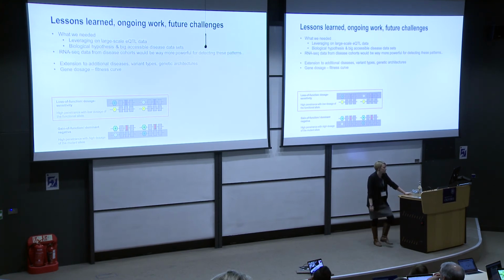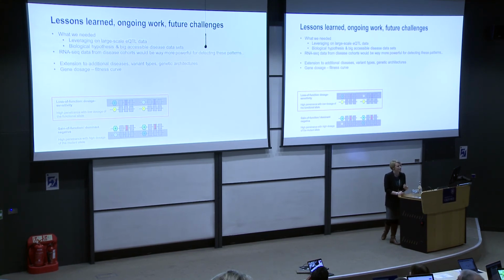And even though we were able to look into the disease effects and find some significant signals looking at genetic data alone, RNA sequencing data from these cohorts would be even more powerful for detecting these patterns. The data indicates this, and of course that kind of data set would have other uses as well in addition to analysis of penetrance. We are currently working on extending this model and these analyses to additional diseases, additional variant types, looking at splicing variants, etc., different genetic architectures, thinking about how this may apply to even more common diseases than the ones that